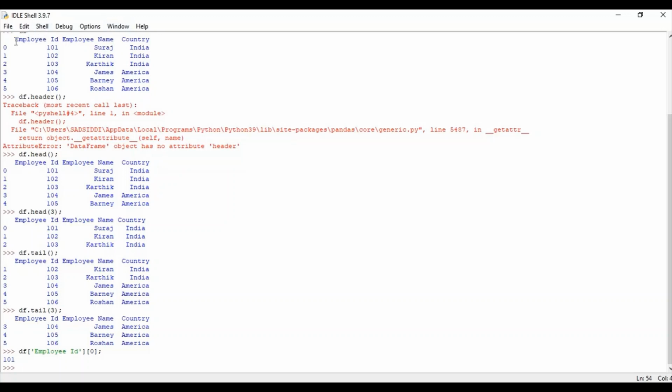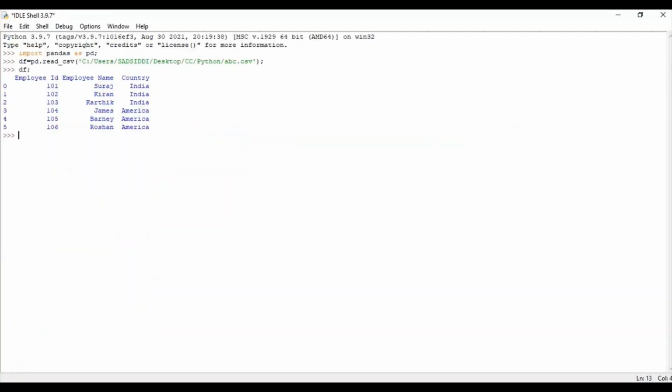So I want employee ID and the 0th index, which is 101. So 101 will be given as output. This is how you can print out values from the data frame. So this is our data frame.